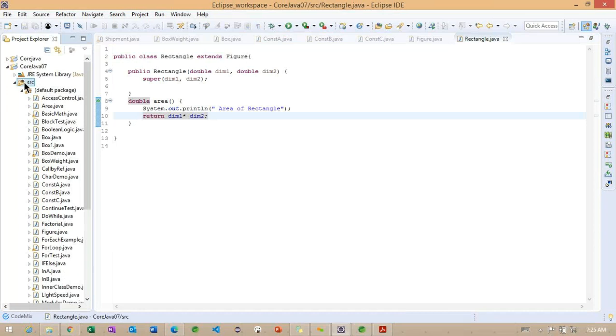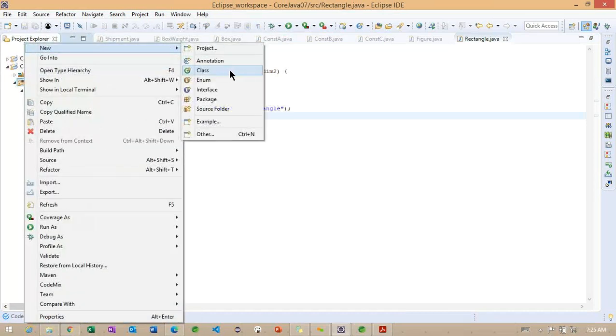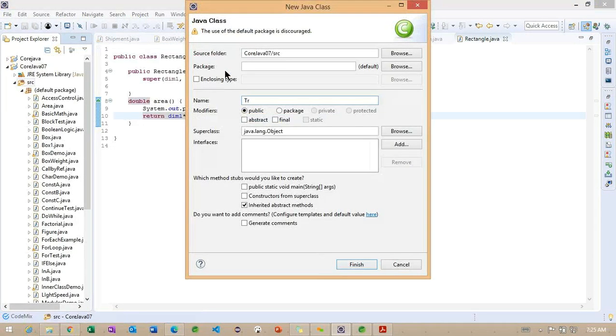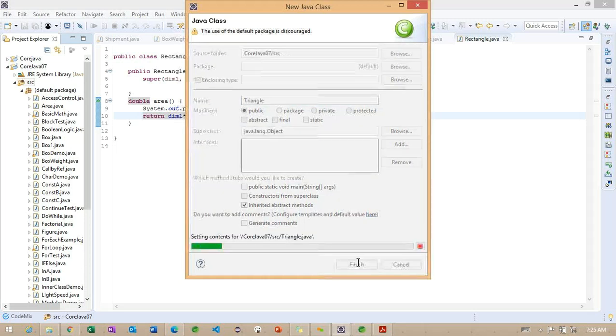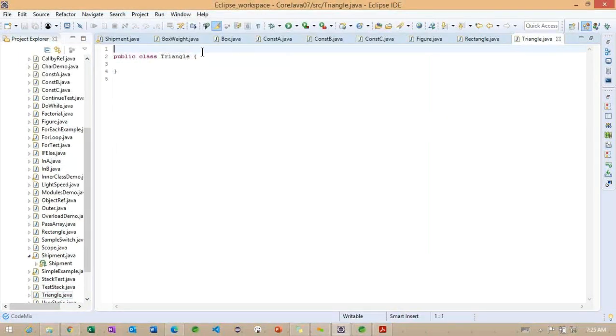Now I'm going to create one more class here. So the last class I'm creating is triangle. So triangle extends from the figure.